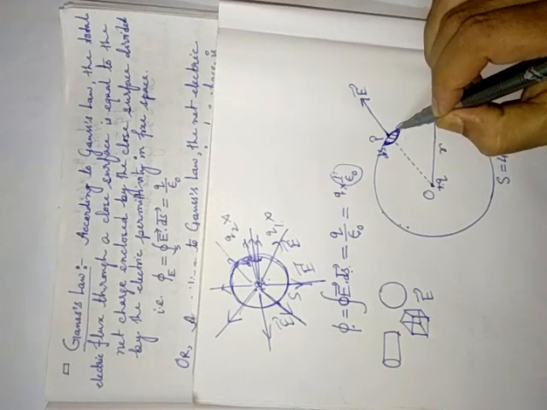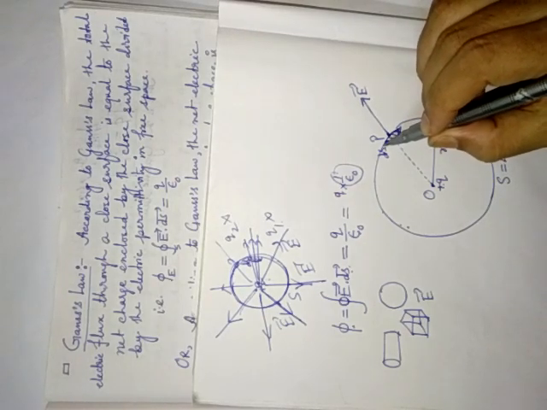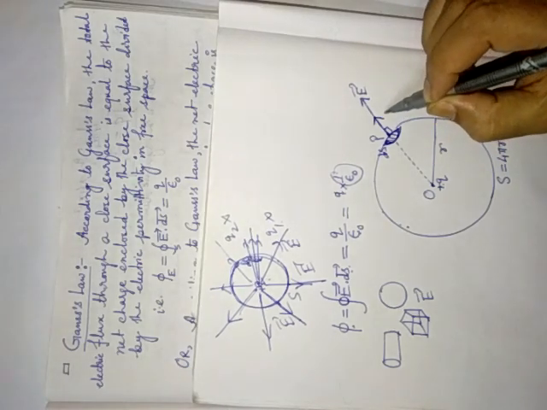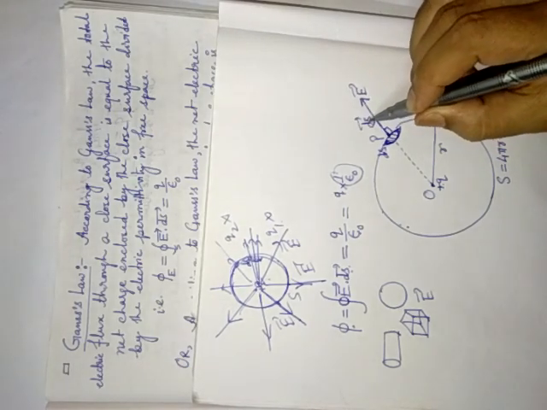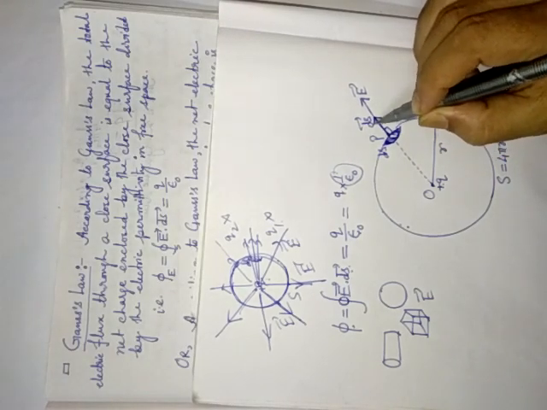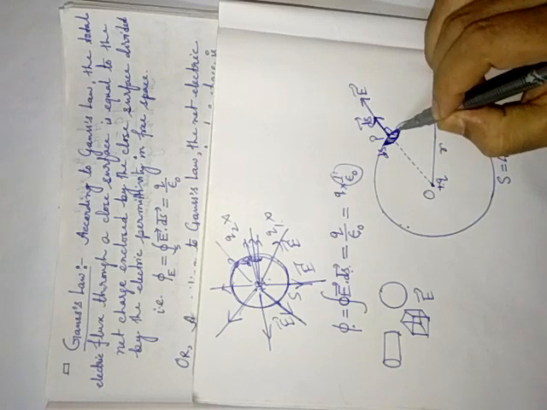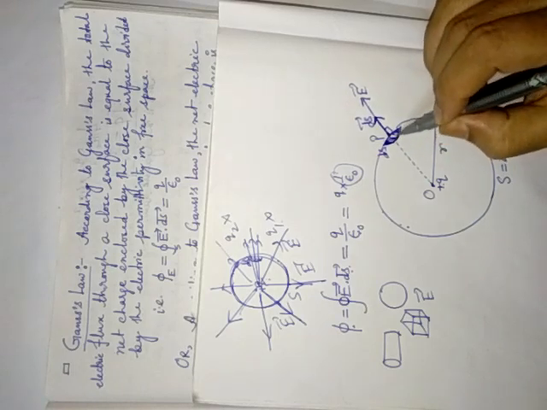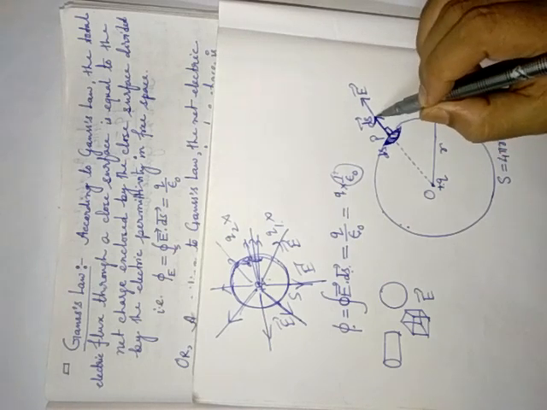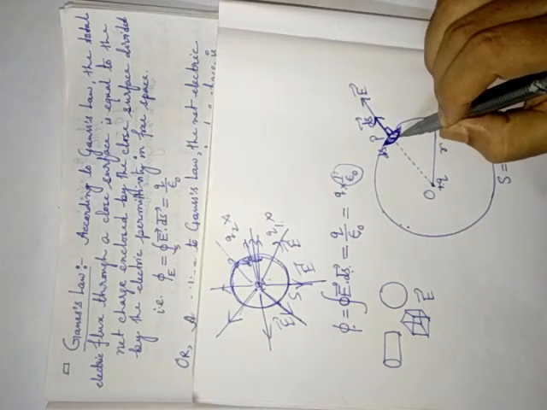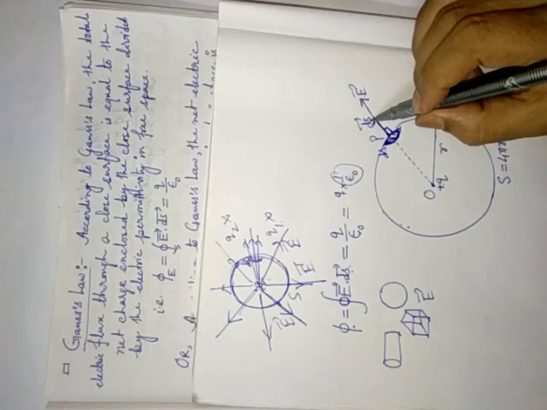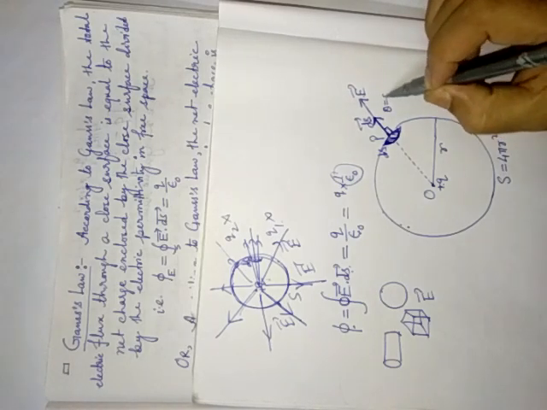And if you draw an area vector over ds area, like this, ds area vector I discussed. What does the area vector represent? Its magnitude, the length of this, represents the area of this small surface ds, and its direction is always outward, perpendicular to area ds. Now see, the angle between E vector and ds vector is theta equal to 0 degree, always parallel.